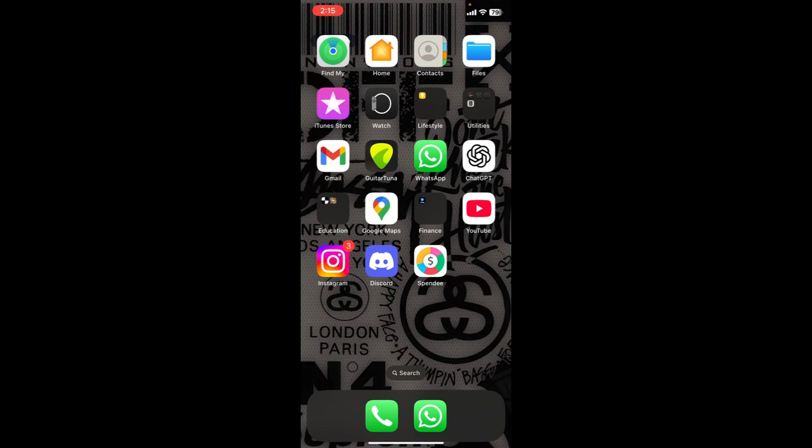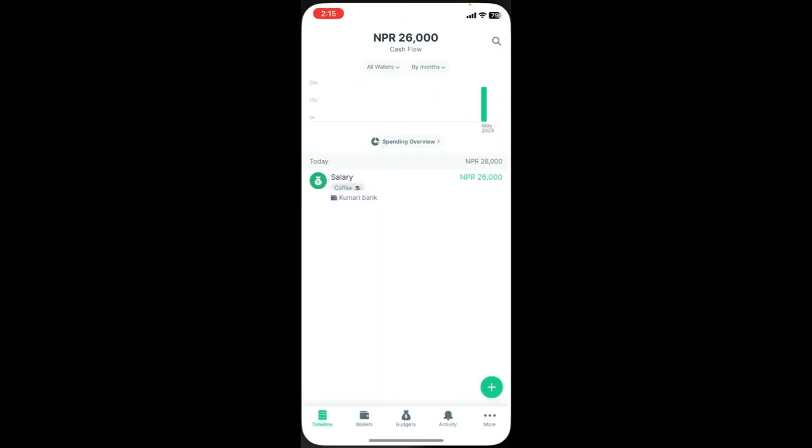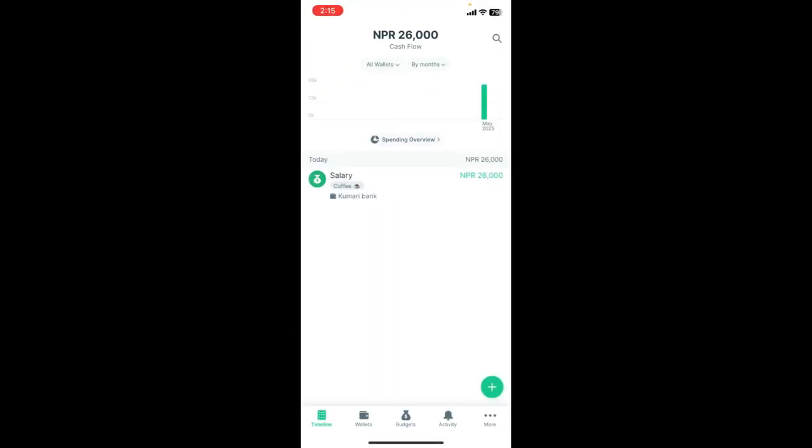First of all, open the Spendee app on a mobile device. Once you open the app, now log into your account with your registered email and password. After you get logged in, now look at the right bottom of your screen where you can see this menu